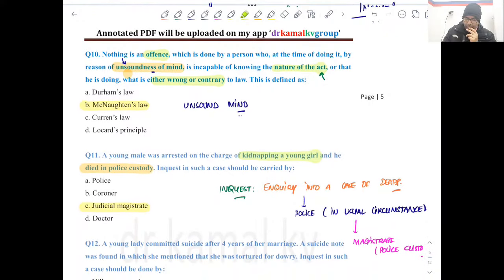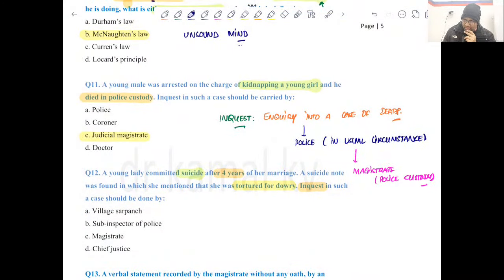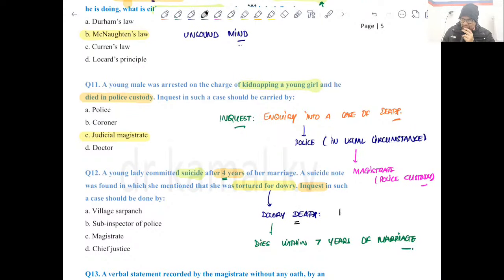Now next question. A young lady committed suicide after 4 years of her marriage, and there was a suicide note which mentioned that she was tortured for dowry. Now in such a case, who should conduct the inquest? Again, very good. So this is a case of dowry death. Clear? And here it is said that if a married lady dies within 7 years of marriage, clear? That will be presumed as a case of dowry death. Okay, so here you can see it is 4 years only. So this fits exactly in the clause of dowry death, which is,